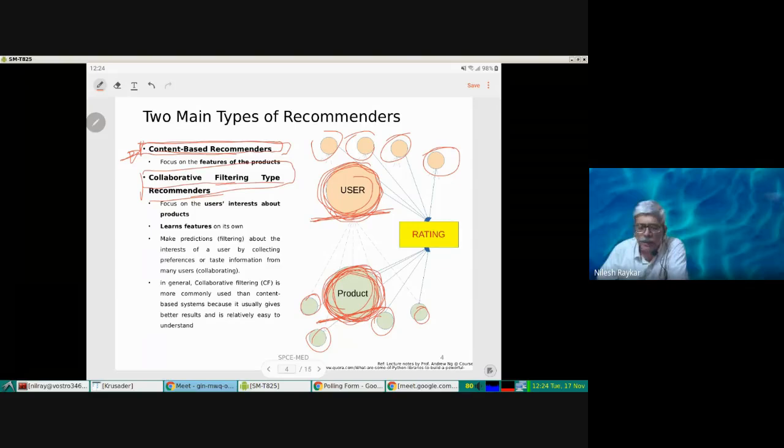And the second type of recommenders, they are known as collaborative filtering types. They focus on the user. So this term collaborative is the collaborative indication or preference given by a set of users, and the filtering indicates the selection that is given. So in both these recommenders, you require the ratings, which form the data set. So you must have a data set which consists of different ratings.